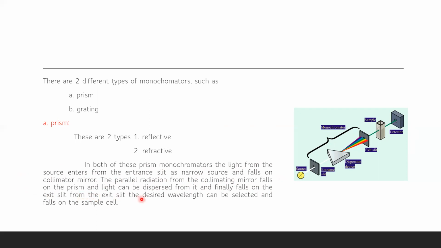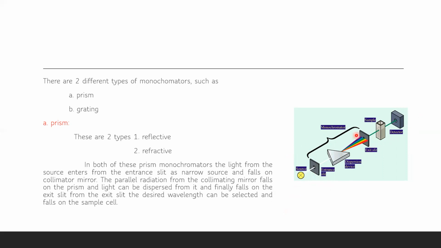From the exit slit, the desired wavelength can be selected and falls on the sample cell. So here, this is the schematic diagram of the instrument, a simple colorimeter. That is, this is the light source, and from here to here, this is